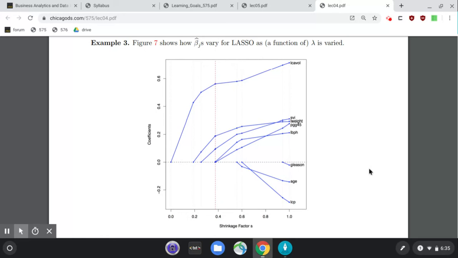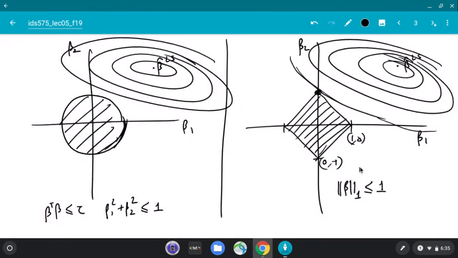Okay. So for those of you who want to intuit from here, just think of it as a turned square, but in high dimensions you can think of it like a diamond. In, for example, 3 dimensions, instead of a square you would have a diamond-shaped region. And so this contour area hitting the diamond not on the surface but on the edge is higher. On the edge, one of the coordinates will definitely be zero, right?